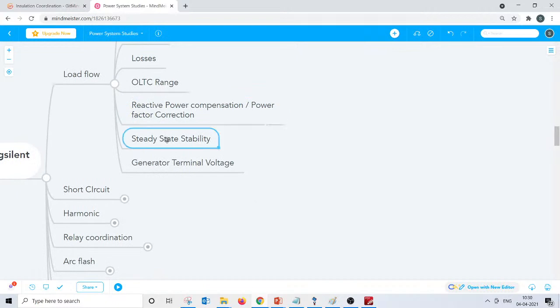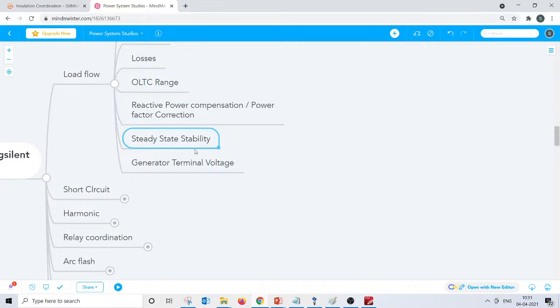The other point, which most of the time has been stressed less: load flow analysis gives not just the voltage at each and every bus, it also gives the angle at each and every bus. From there you will be able to identify the steady state stability of the system. If the angle between the sending end and receiving end is wide apart, then the system is weak or the power flow in the transmission line is heavy. That may decide whether you need to go for a series compensation, like fixed series compensation or a dynamic series compensation like TCSC.